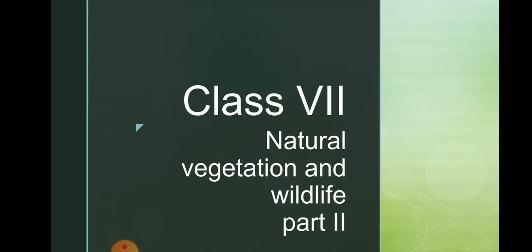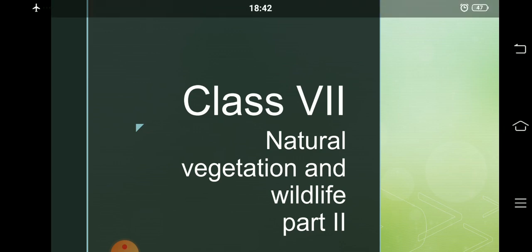So students, in the last session we talked about different kinds of forests we find, like tropical desert forest, tropical evergreen forest, tropical temperate evergreen forest, temperate deciduous forest, Mediterranean forest, and coniferous forest as well. So we have read about where they are located, and today we are going to read about their salient features. Basically, three types of forest: tropical evergreen, tropical deciduous, and temperate evergreen. We are going to read about their features.